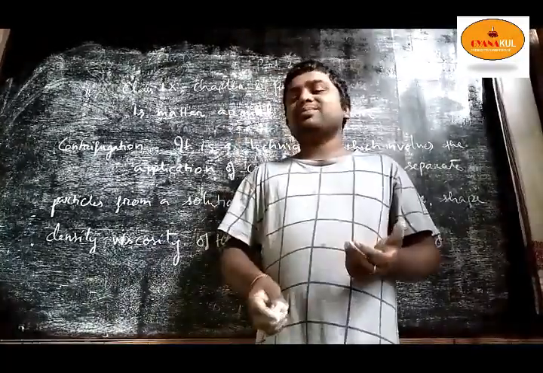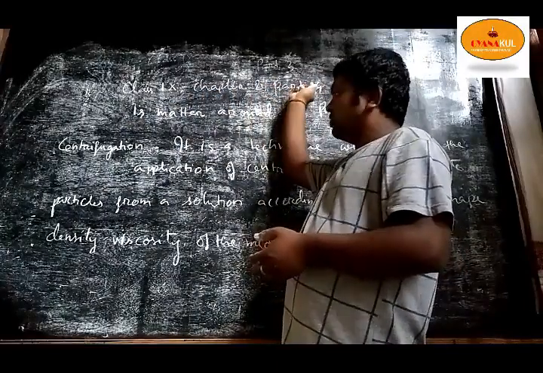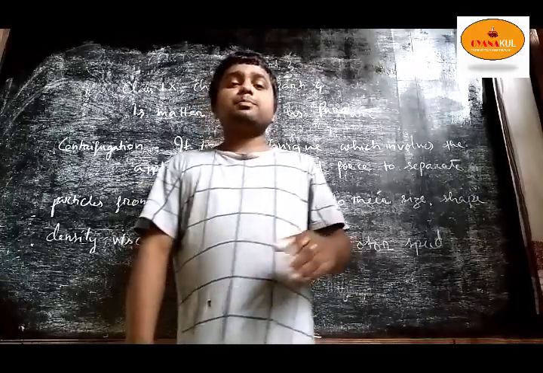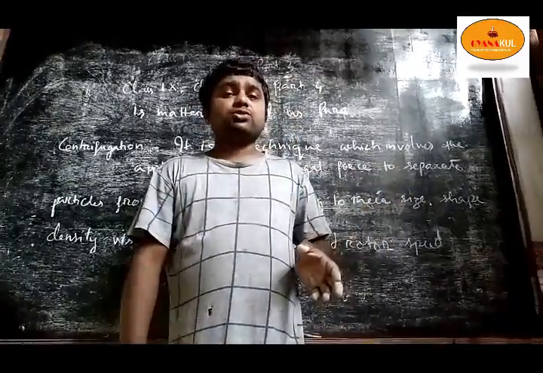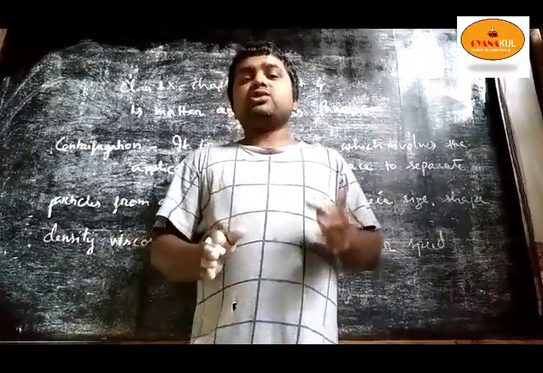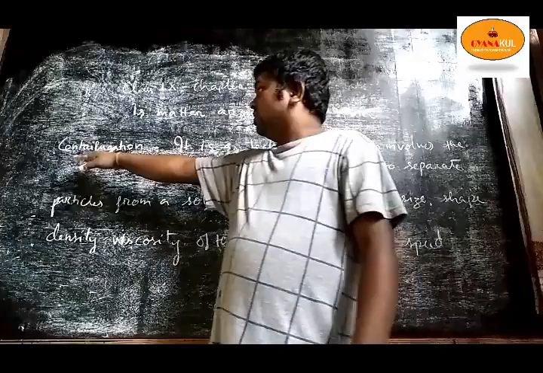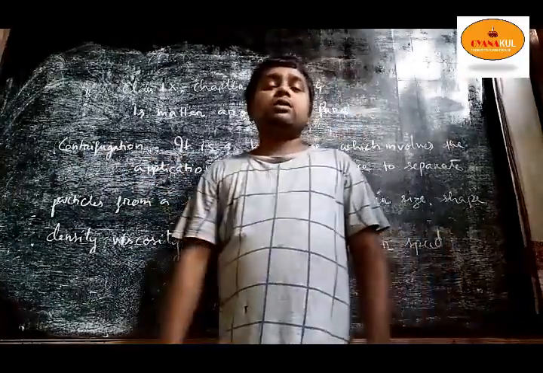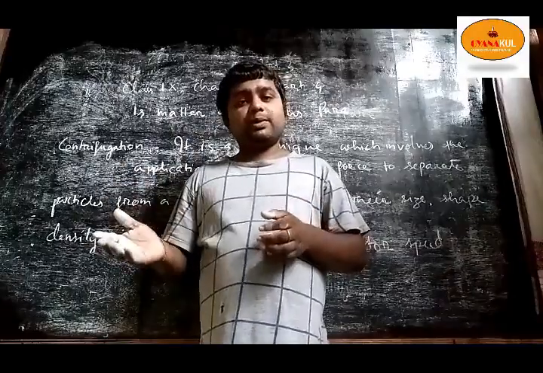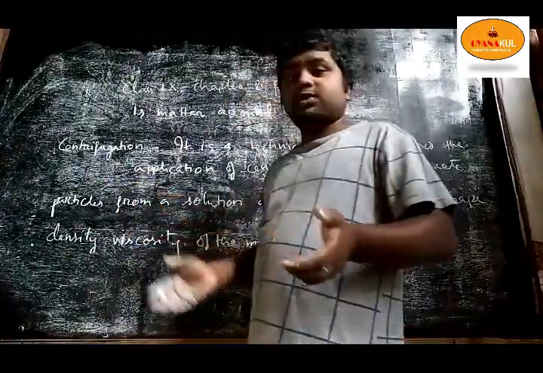I can understand. Okay, so today is chapter 2, part 4, matter and pure substances. I discussed yesterday that there are different techniques to separate the components of a mixture. We have discussed evaporation. Today we'll discuss centrifugation. By the process of centrifugation we can separate cream from milk. So what does the centrifugation process mean?